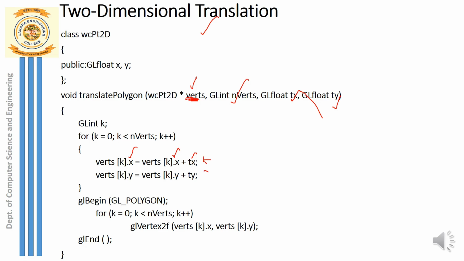Now the point's y coordinate also has to be computed. So how do I compute that? The y coordinate of the point, you should add with the displacement factor along the y axis, so that you get the new y coordinate. So actually, how many points are we computing here? Only one point I'm computing. So this is the displacement of the point P to P dash. So that one point contains an x coordinate and a y coordinate. So this is how you compute the translation.